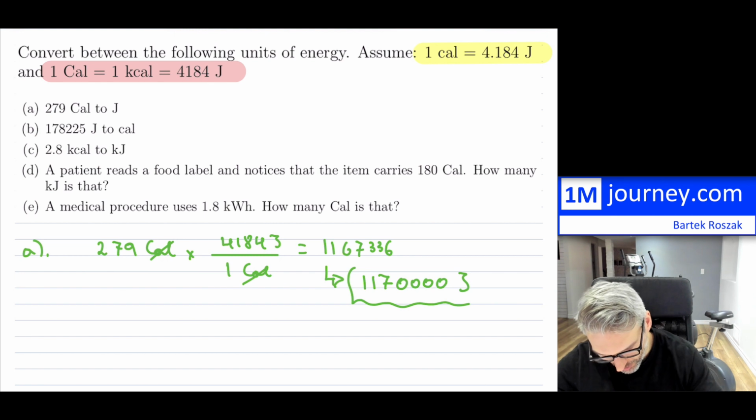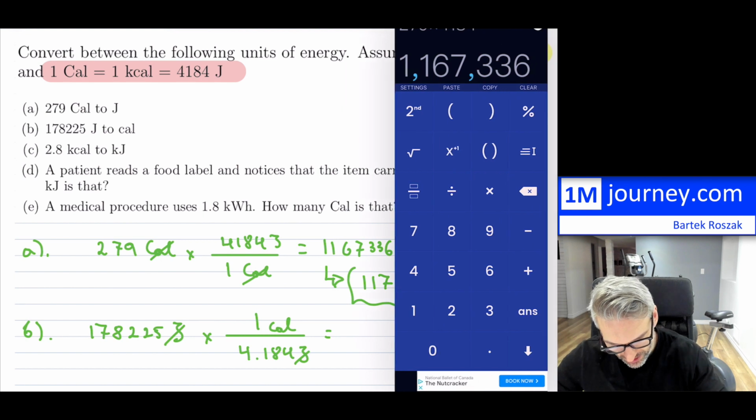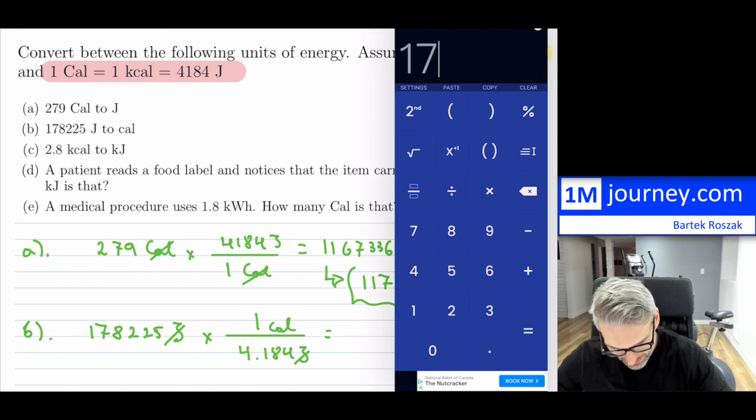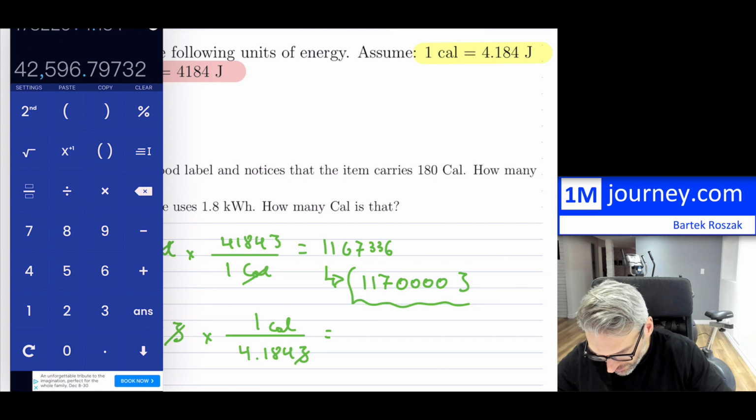All right, so for part B, now we have 178,225 joules. Now this one we want to change into the small calories. So that is now 4.184 joules for the small calorie right there. So this is not the capital calorie, which is kind of food calories. So 178,225, and then divide this by 4.184 equals, and that's going to give us our answer, which is